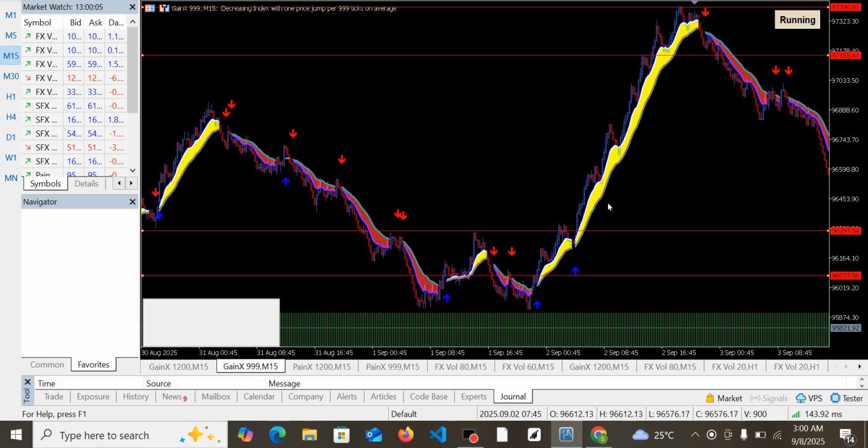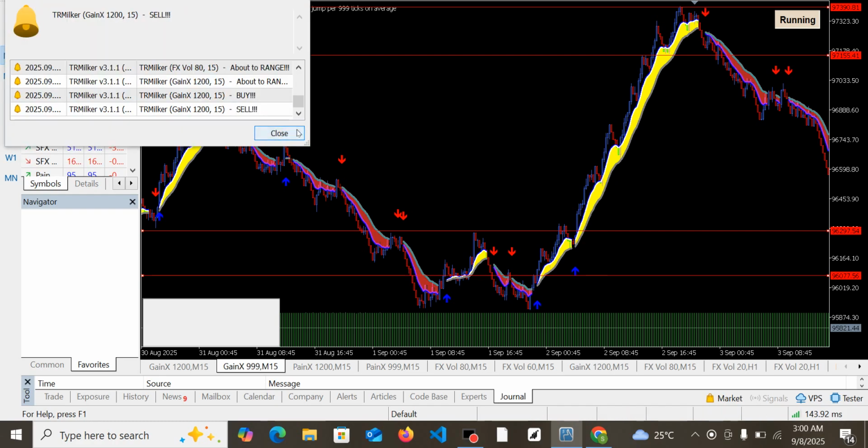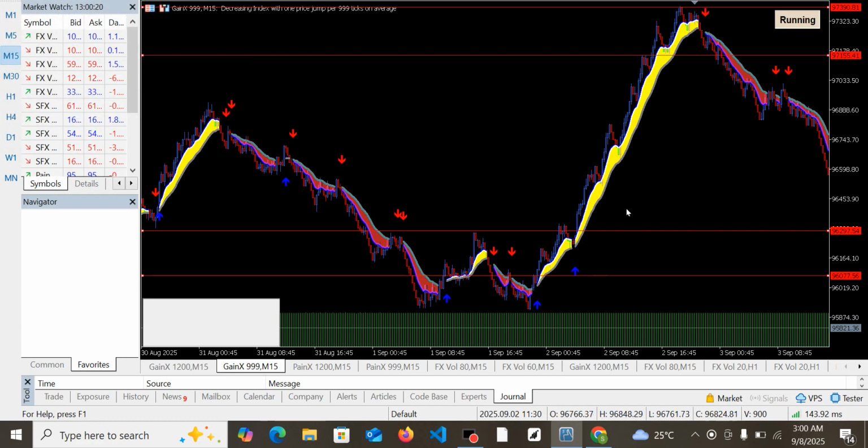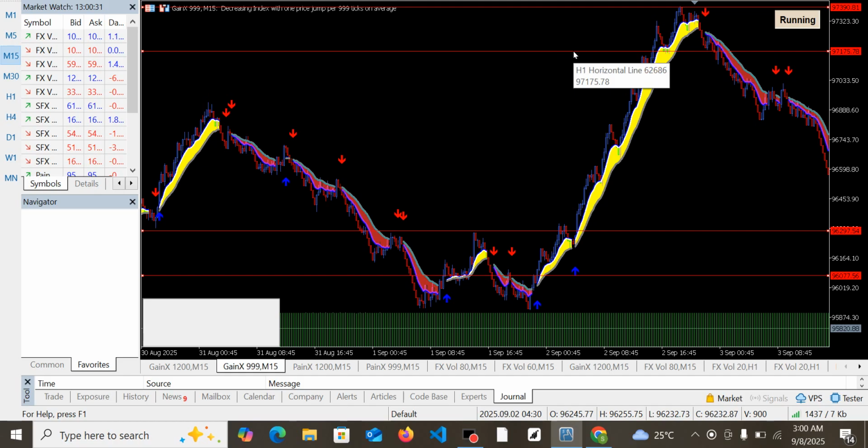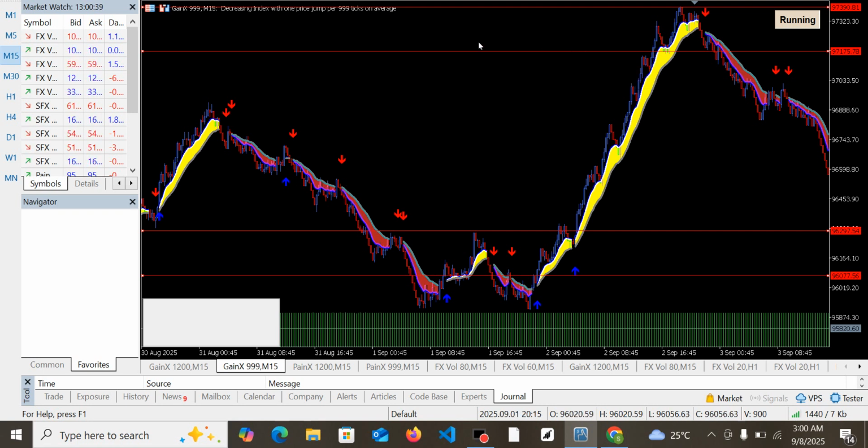Remember, it is possible for you to add more orders in between these, okay? But just because the indicator didn't give us more orders does not mean you cannot add more if you want. And if the indicator had given us more orders, then you should have followed. I mean, you can follow the indicator, and that will also depend on what you are having as your trading capital, okay? So this is very, very important. You can decide to go the way you want whenever you are trading, okay?